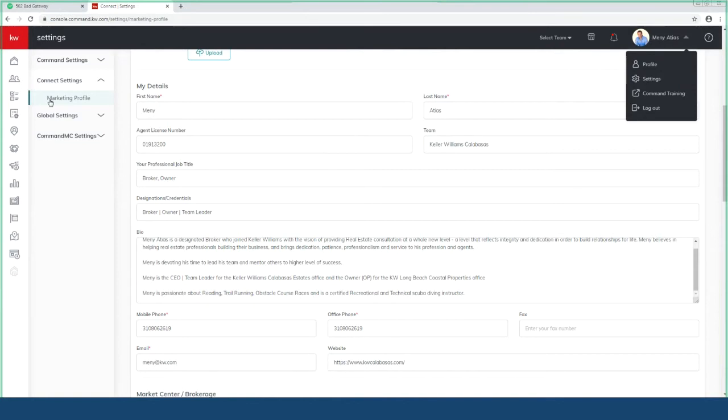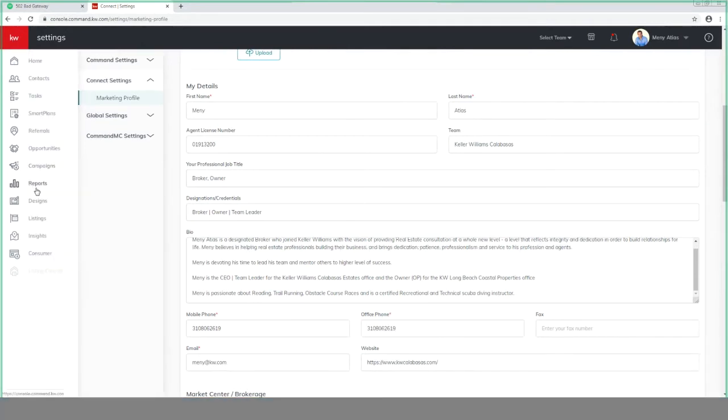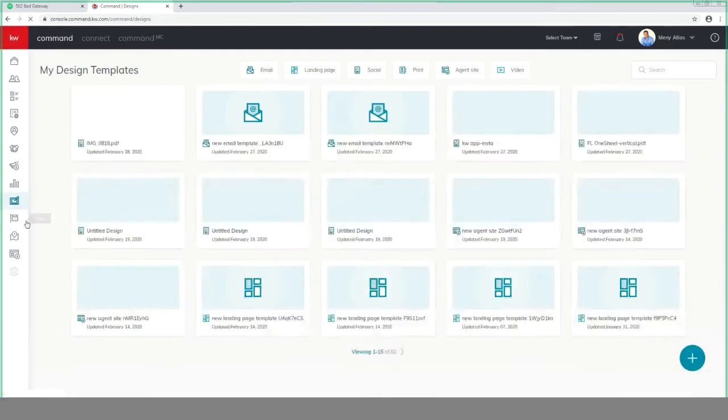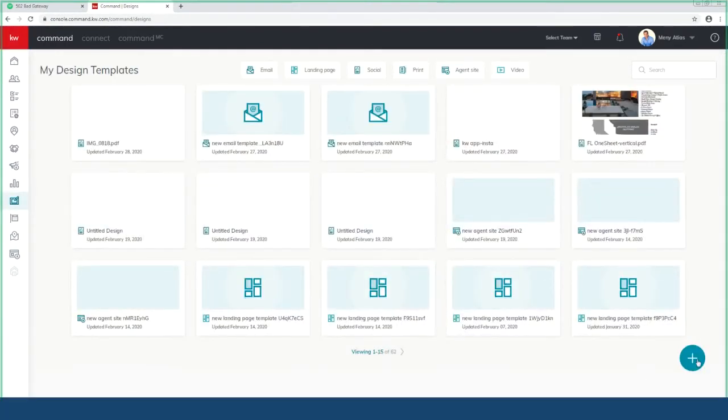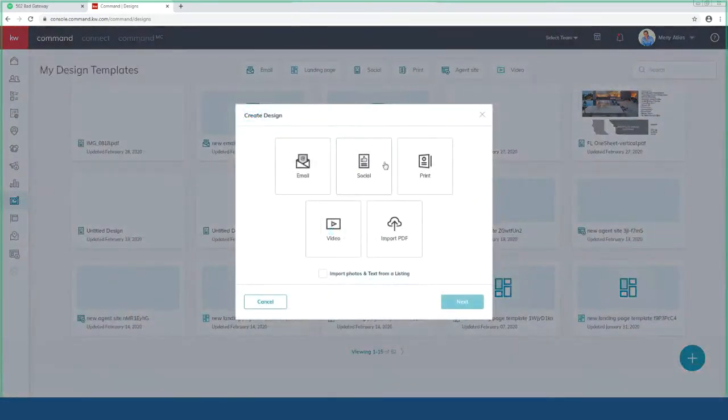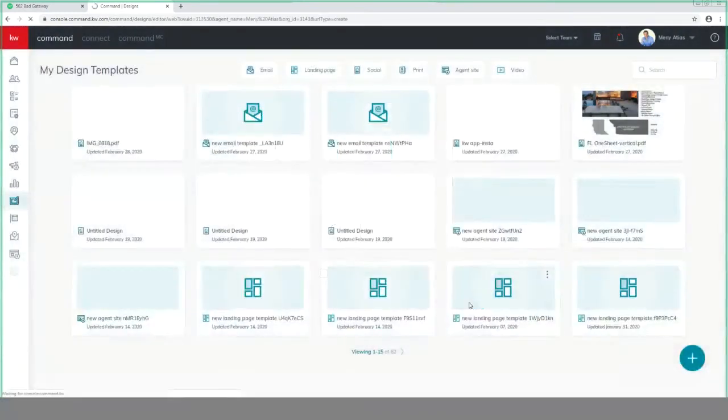So let's go back. Now I have the link. Now what am I going to do with this link? Once again, main menu, go on to designs, just a quick look because we already did it a few times. And over here, I'm going to do new, social, next. And on the left, it's going to open a drop menu of different types of promotions I want to choose,